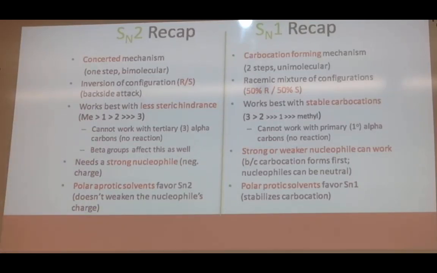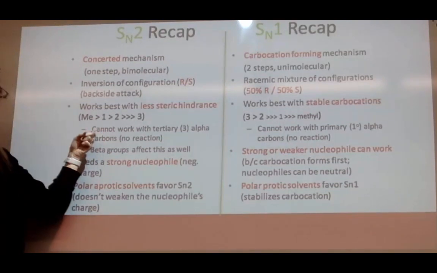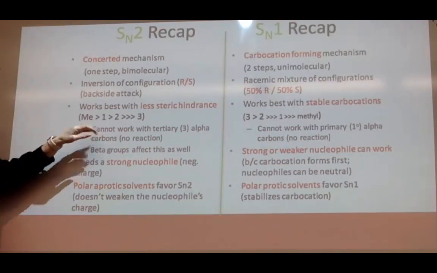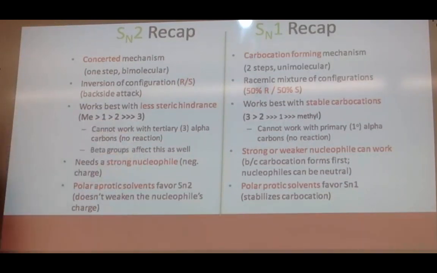If you have a tertiary carbon, you're actually going to have no reaction. You'll notice here that the tertiary carbons can't actually work because there's too much steric hindrance. And so when you have that strong nucleophile, it's going to attack, and your aprotic solvent works the best. Your aprotic solvent is something that cannot hydrogen bond,